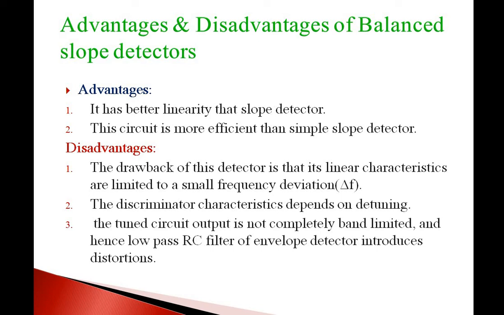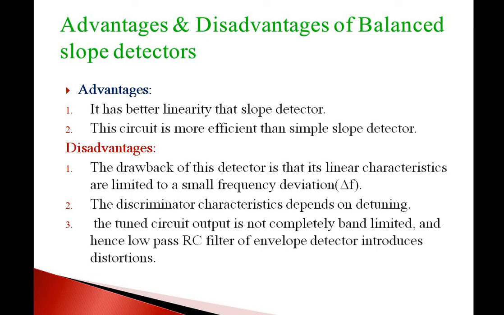Okay, so what is the delta f? You have to find the frequency deviation. So if I go, what I'll get, 3 divided by 2, that is 1.5. So your delta f, or the frequency deviation value, is 1.5. If the frequency deviation of the input wave is more than the value of that given answer, then you will get the linear characteristics. If not, then distortions will occur and you will be getting non-linear characteristics.